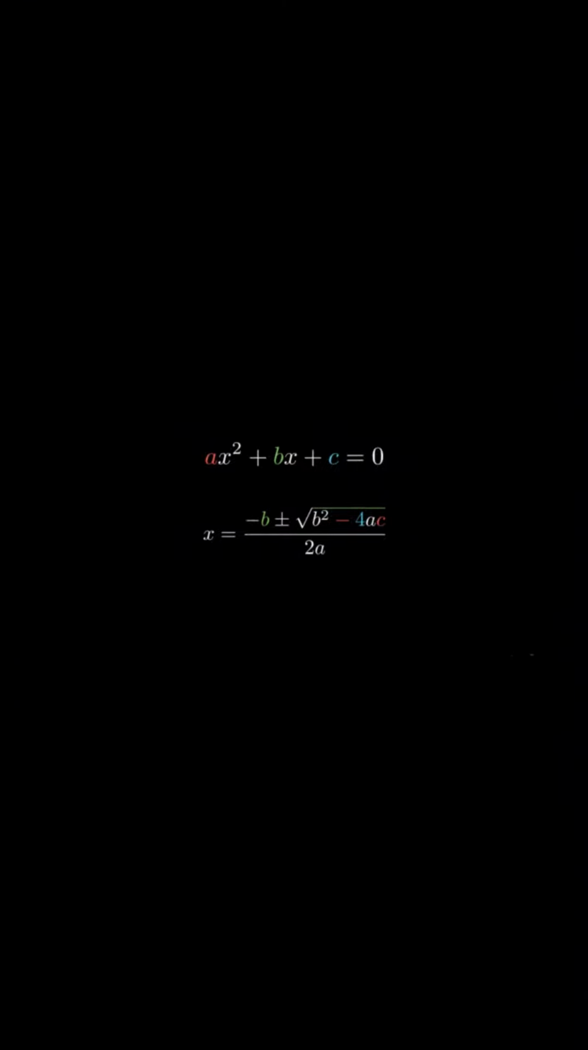To solve for the values of x that satisfy this equation, we use the quadratic formula. This formula gives us the solution for x in terms of the coefficients a, b, and c. The plus-minus symbol indicates that we'll typically get two different solutions from this formula, one when we add the square root term and another when we subtract it. Notice how the coefficients from our standard